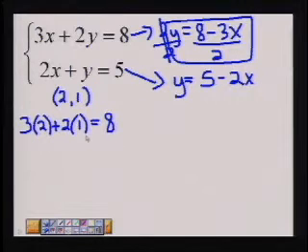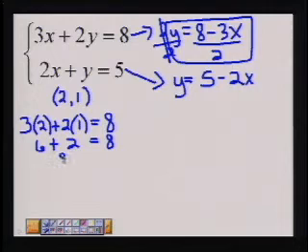And let's just make sure that that works. 3 times 2 is 6, plus 2 times 1 is 2, and we hope that equals 8. 6 plus 2 is 8, and yes, 8 does equal 8. So I have verified that it worked in the first equation, but I've got to make sure it works in